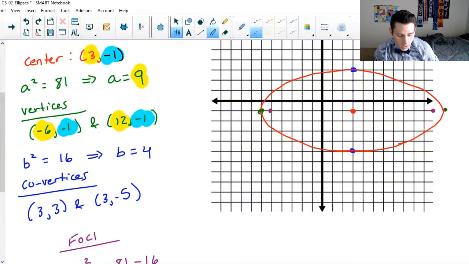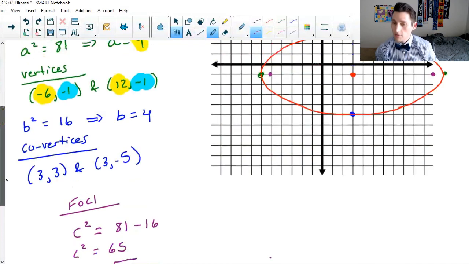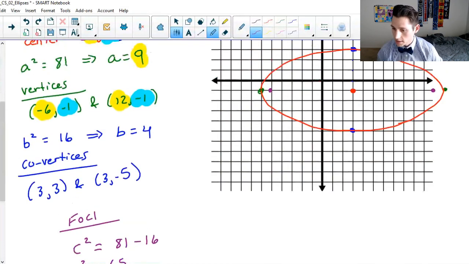Okay, so for this particular ellipse, the foci are very, very close to the vertices. That won't always be the case. Sometimes they'll be closer to the center. It just depends on what